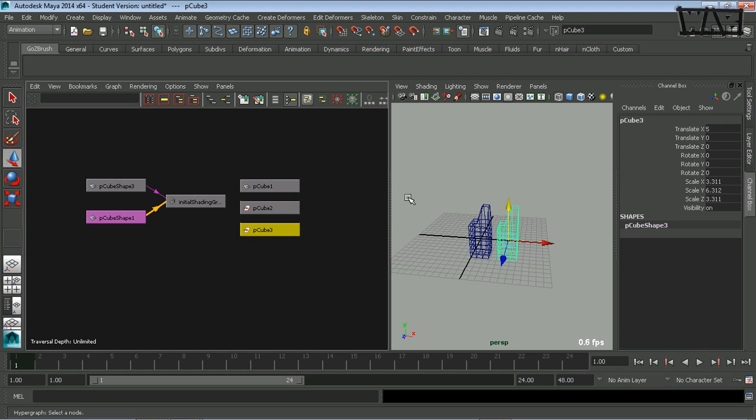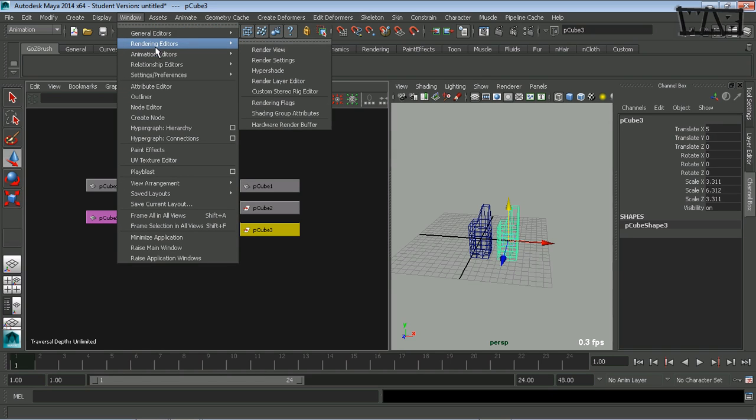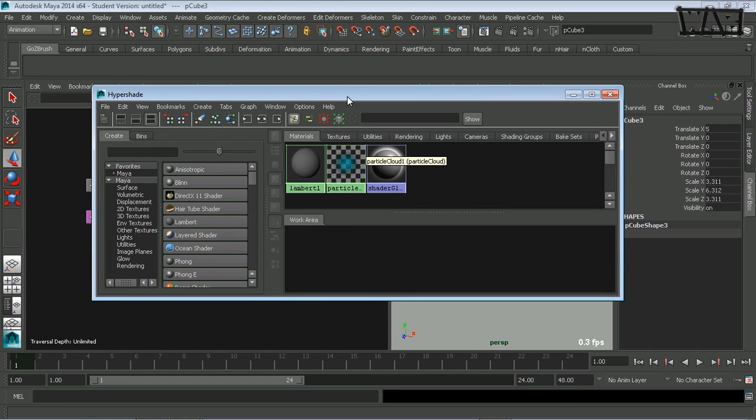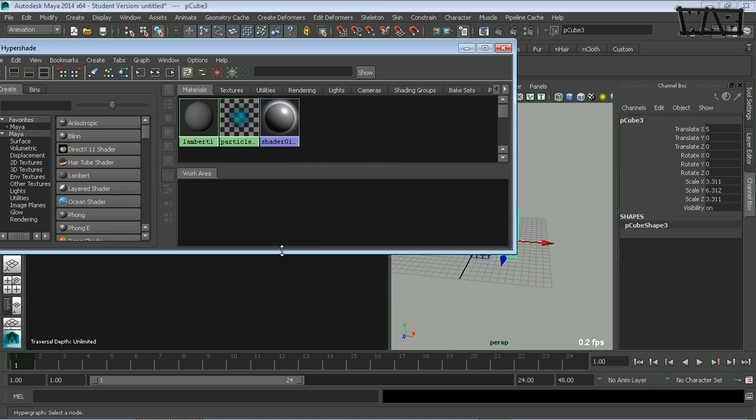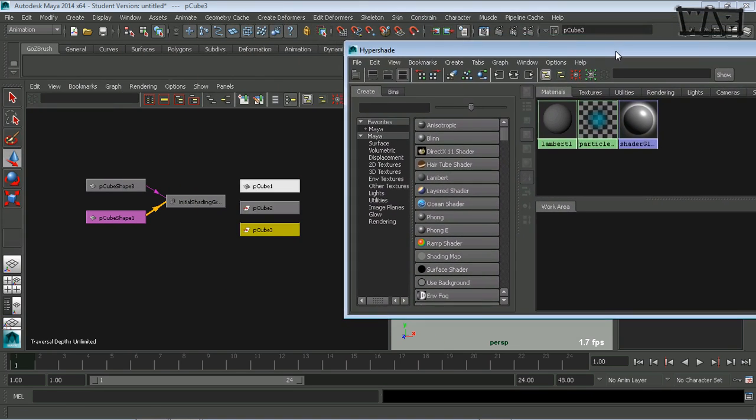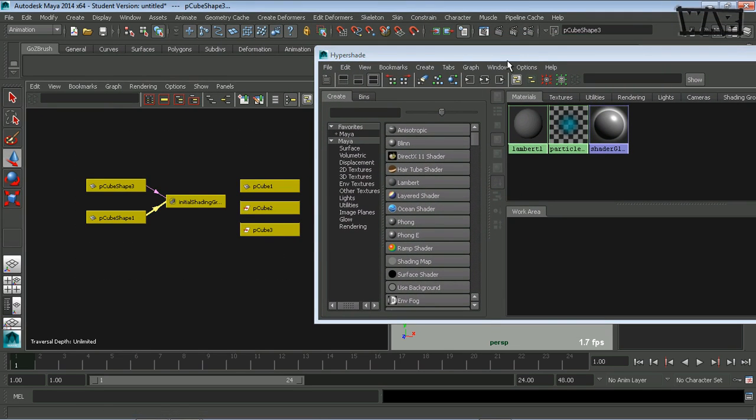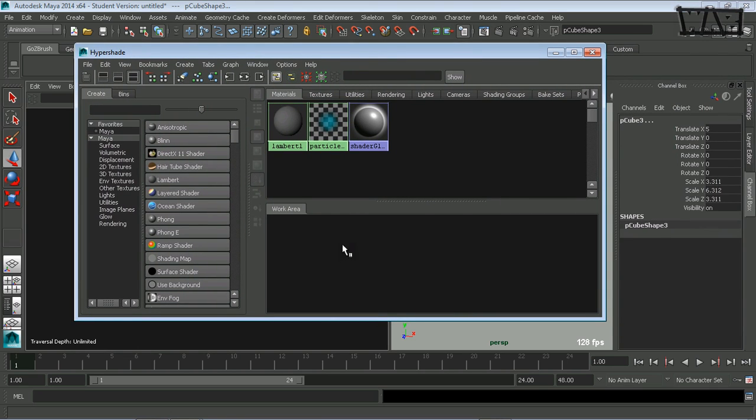Okay, now there's one other editor I'll show you that can view all these same connections that some people prefer more than others, not myself, so you won't see me working in it much. But if you go to rendering editors, hypershade, then you can also see a lot of the same information. So if I were to select all these objects and then tell it to frame it,